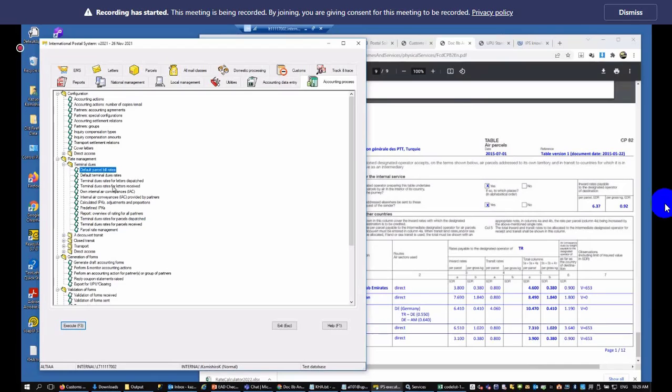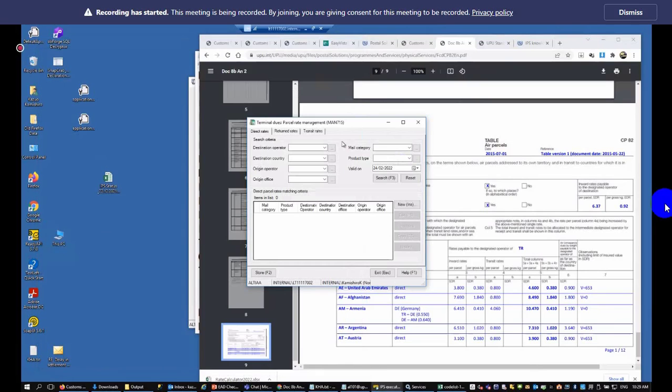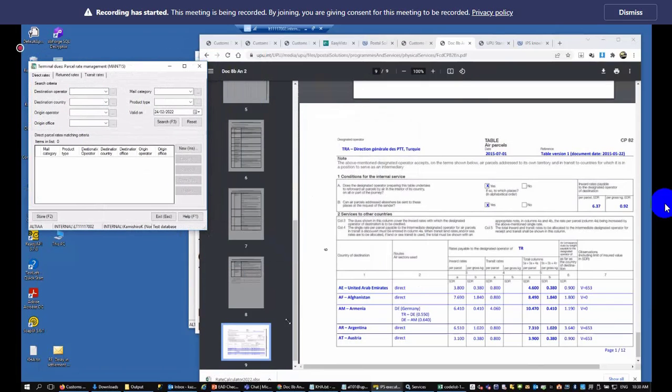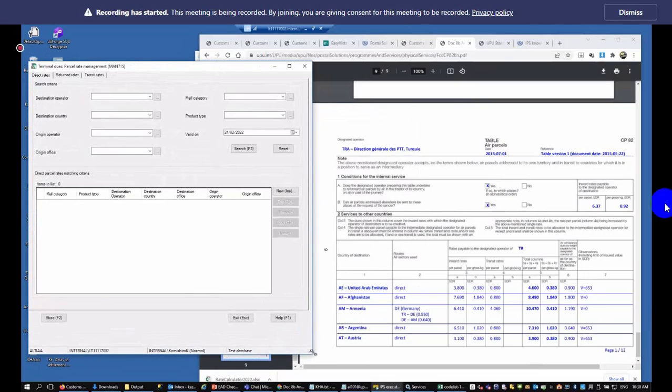Previously, we had a few parcel bill rate management screens, but they were not compliant with the business requirements. The new screen is just under, at the very bottom part of the terminal dues tab. In this screen, this is all inclusive, and there are a lot of improvements. For instance, in the previous screens